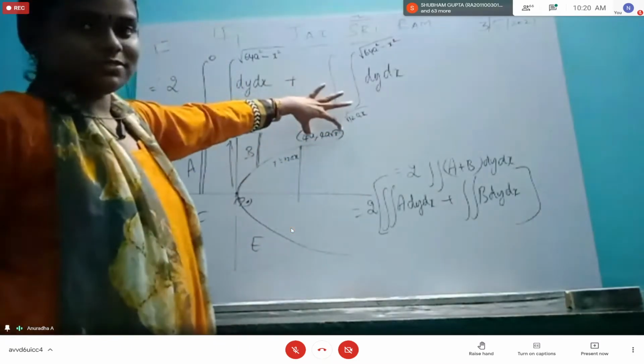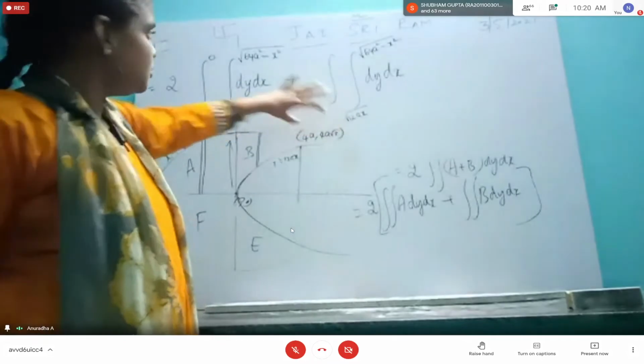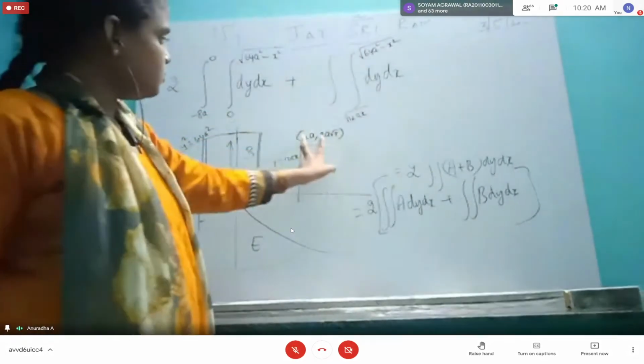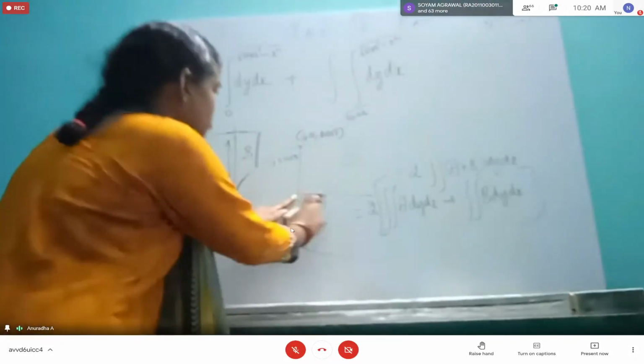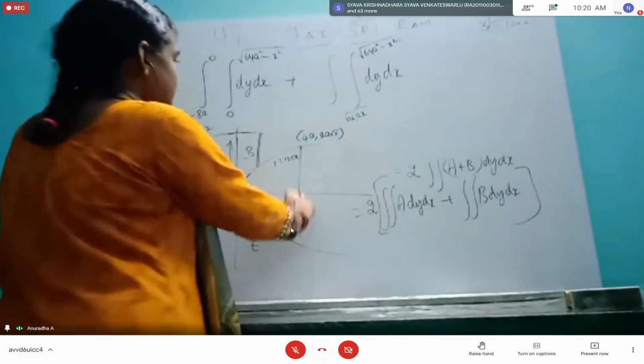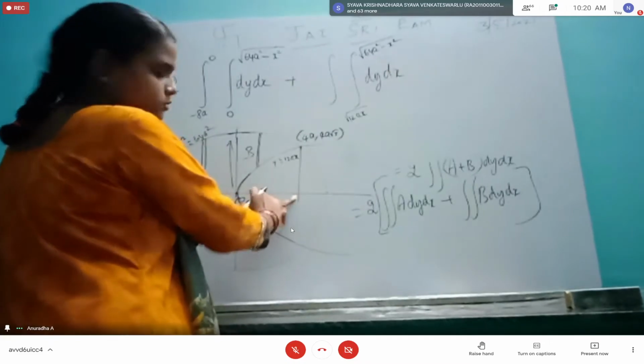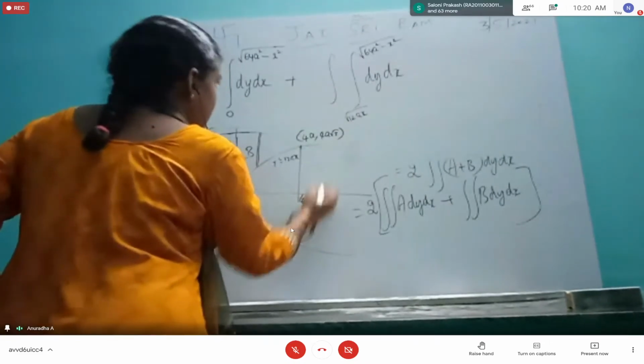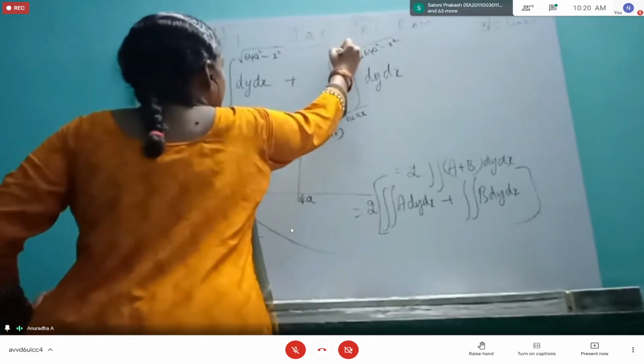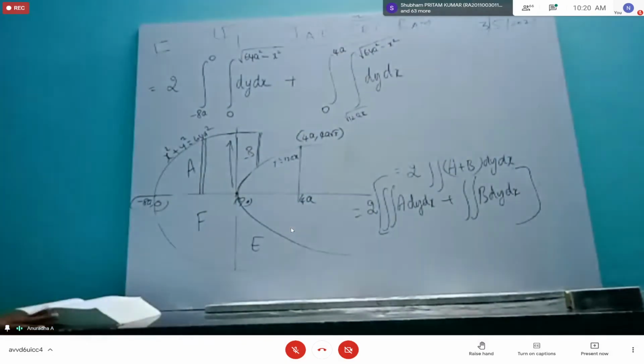This was schoolwork, so I am not doing this. Two curves you have to take, find the common intersection point, right? So don't go till 2a. Only till this we are going to go because our region B stops here. We are not talking about C. So only till 0 to 4a we go. So this is the integration part. Any doubt how to write the limits anywhere?